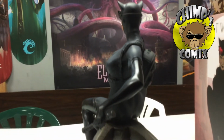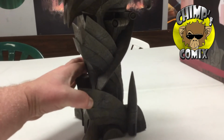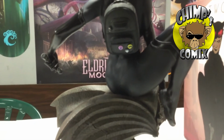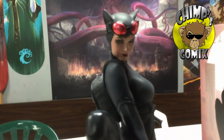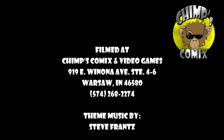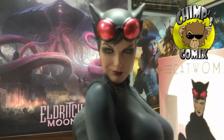They're not trying to go as sultry as normal with her. She's just sitting on top of a gargoyle. The gargoyle itself is sculpted very well. You can see all the rocks and cracks in the formation. I also like that she had some buttons on her backpack, a kitty paw, a bat symbol. Those are pretty neat little additions. Sometimes she does use a backpack to put her goods that she has taken into. Overall, not a huge fan of the thick black lines. A lot of mascara, a lot of